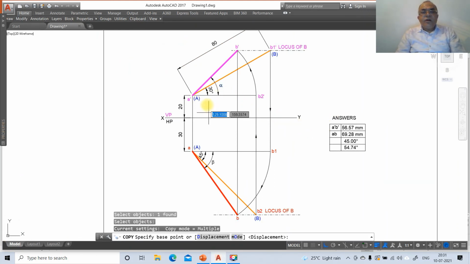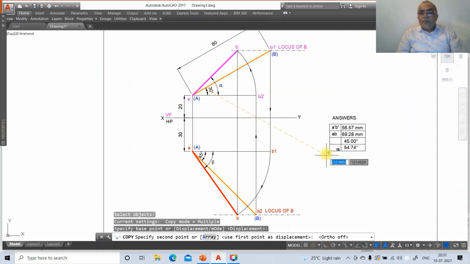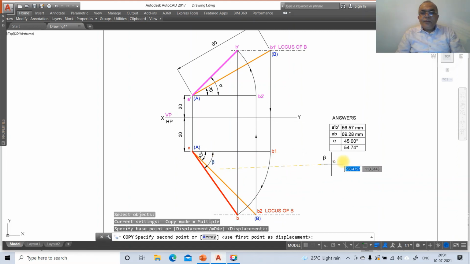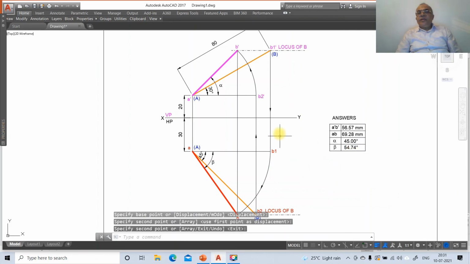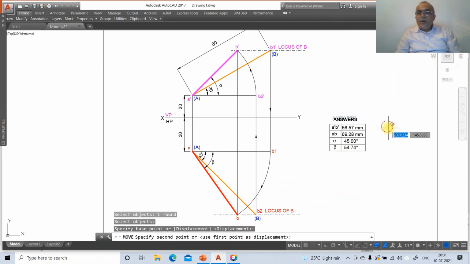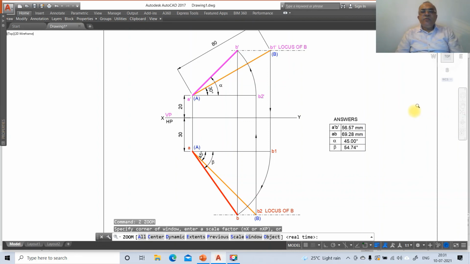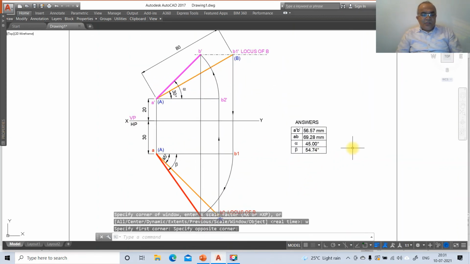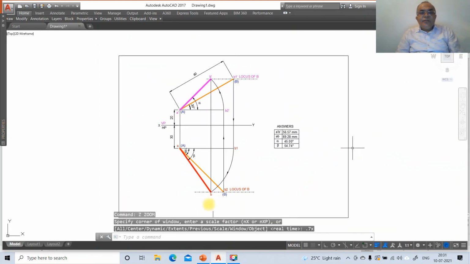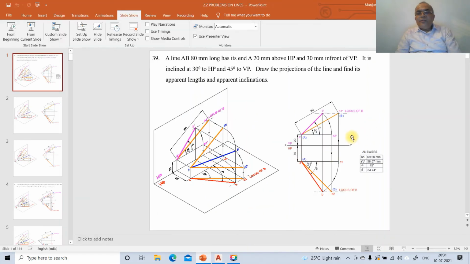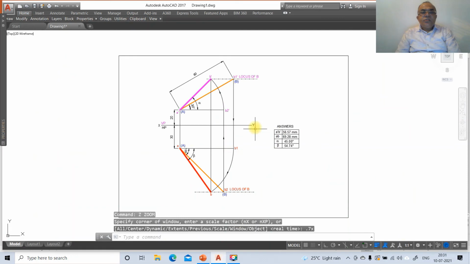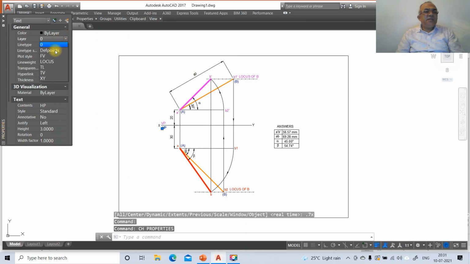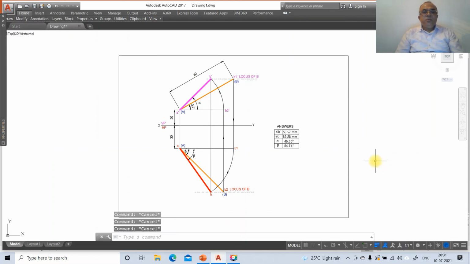So this angle is alpha and this angle is beta. So you are going to get this final answer. This is how we can differentiate between the manual drawing and the computer drawing. This is how you will be able to get the final answer for this particular problem. And then zoom 0.7x. When you look at the drawings of these two, both are going to look very much identical. Here, this line, you make it CH, go to layer and make this the top view. So this is how you will be able to solve this problem.